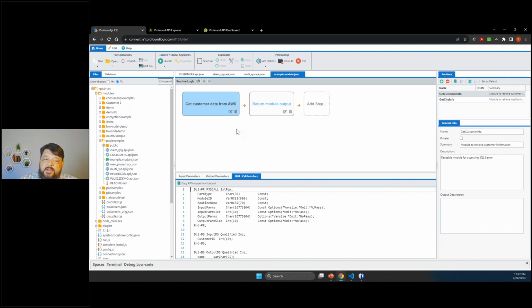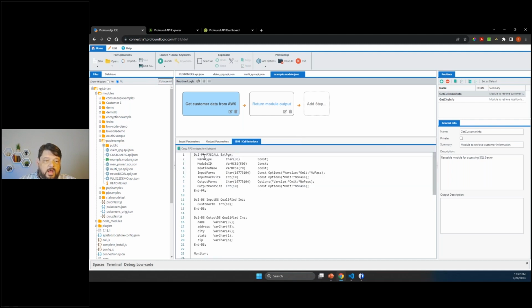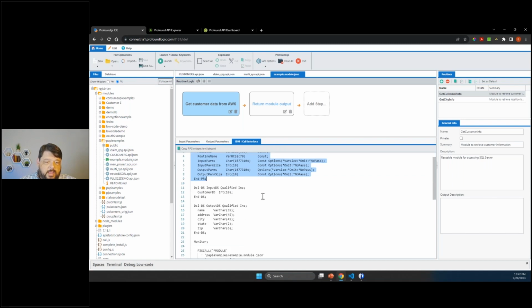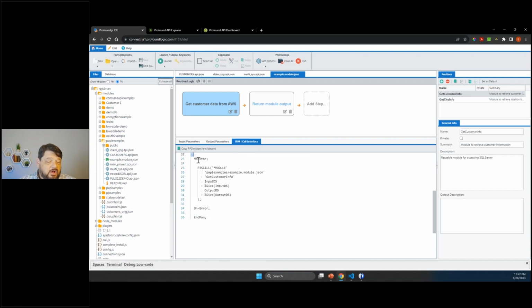This Profound API server could be running on a Linux box, it could be running in the cloud, it doesn't matter. When we set this up, there is a connection that is configured between the IBM i and wherever the Profound API server is running. If it's on IBM i, obviously localhost is the connection, but if it's somewhere else, that's okay. And so we could use this RPG code that we have right here. We give the prototype, obviously, and we'll have a data structure for the input and a data structure for the output. And we even give you the call statement and pre-fill it with everything that you need.